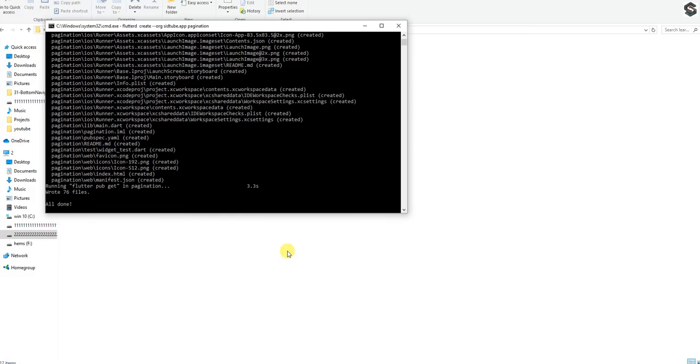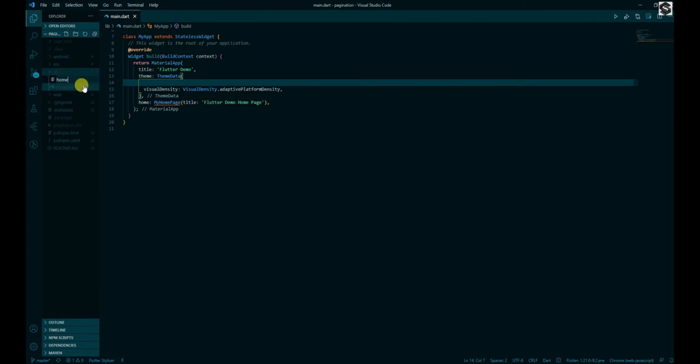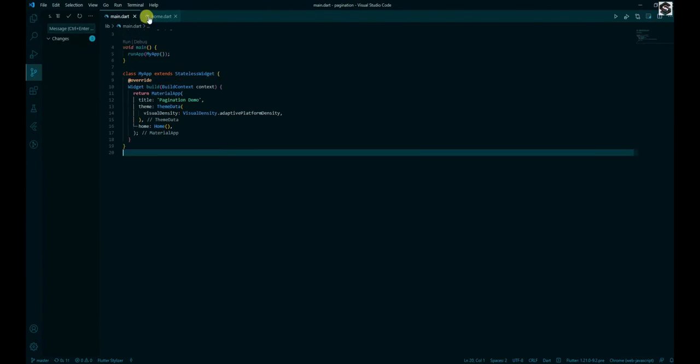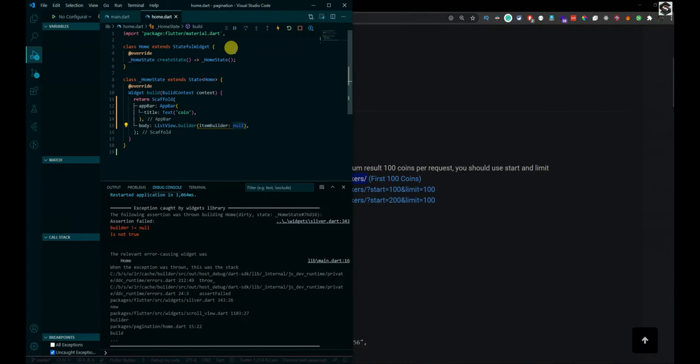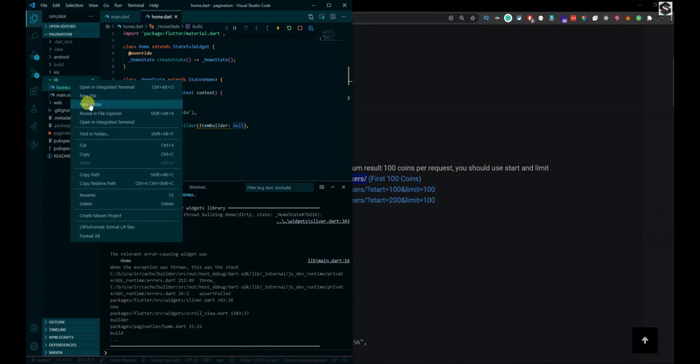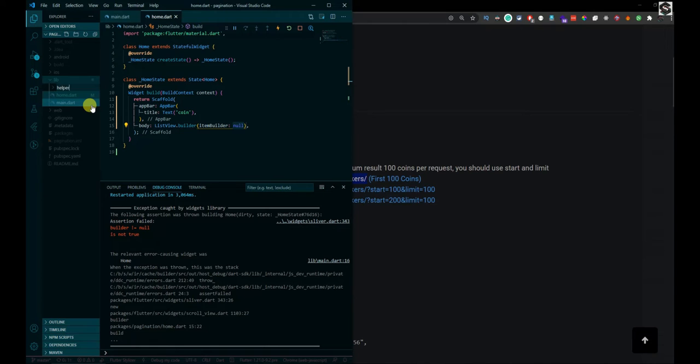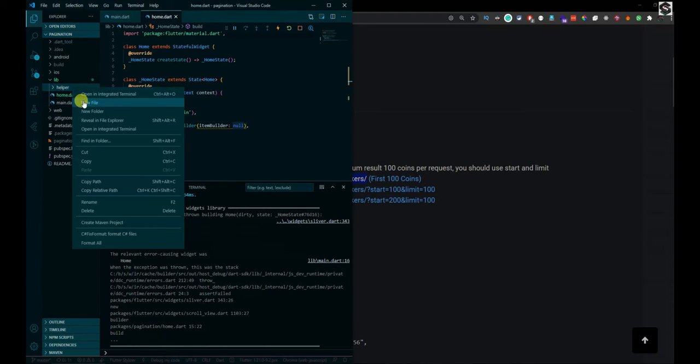I'm creating a new application here to implement pagination, removing all the unnecessary code and making a home page just for you guys. We will be using the CoinLore API in this application, and I will quickly make a helper class to fetch the data.